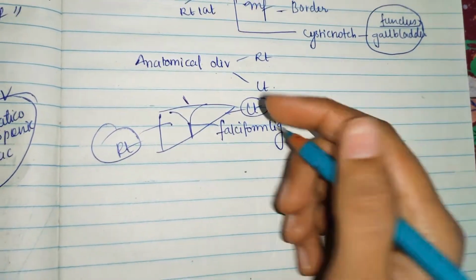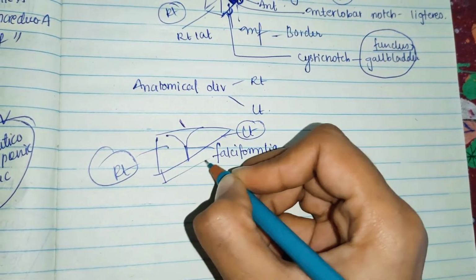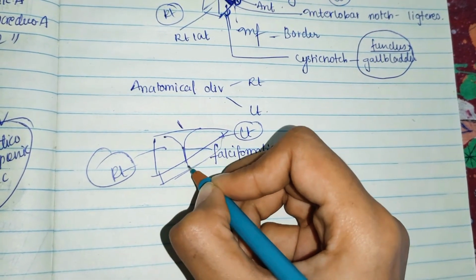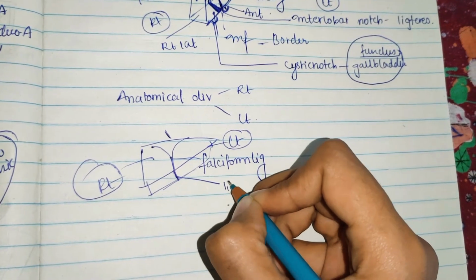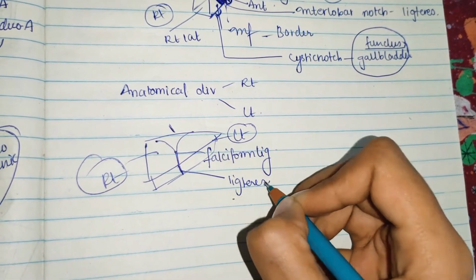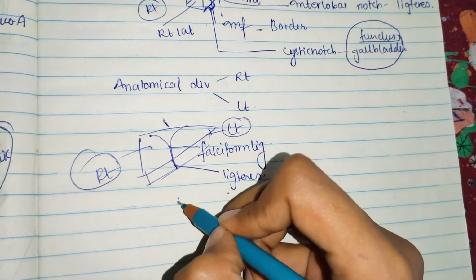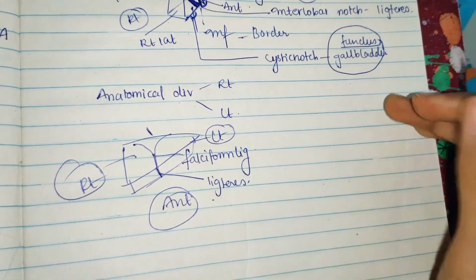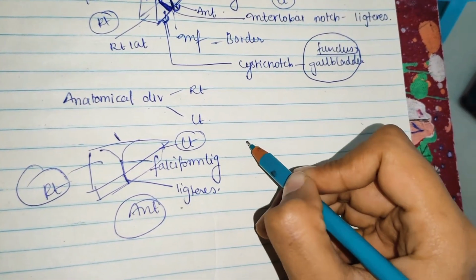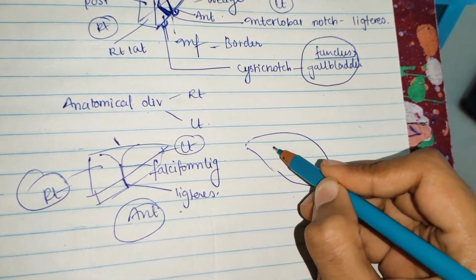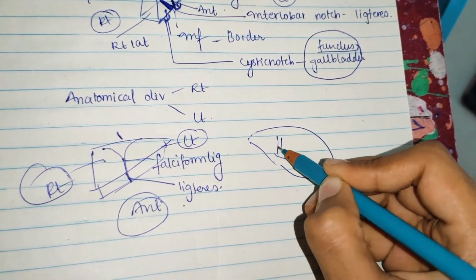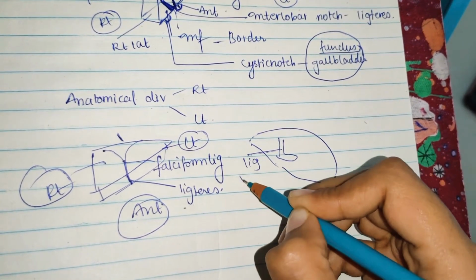So falciform ligament, first one. Next, inferior, if you draw this in a 3D form, like this is the inferior surface. Here you have which ligament? Just now I said that is ligamentum teres. Okay. And posteriorly, so let me draw, this is the anterior view of the liver. So let me draw now the posterior view of the liver. Okay, so this is the posterior side of the liver, and here you have what is called the ligamentum venosum.